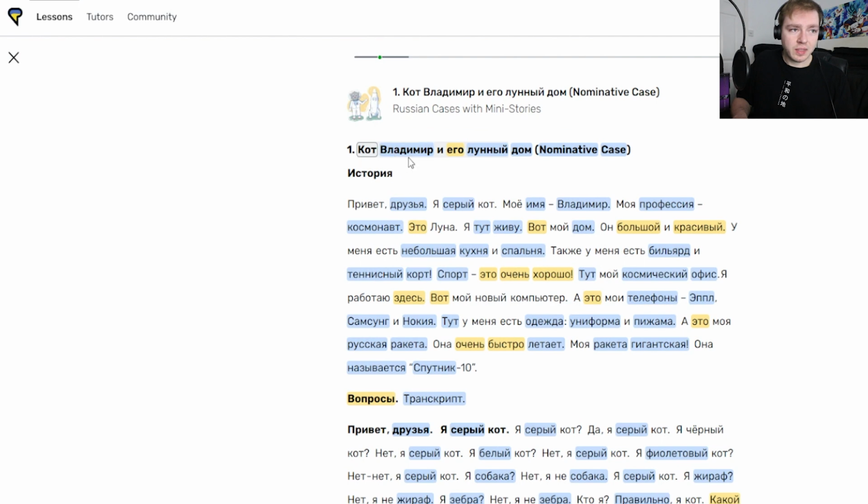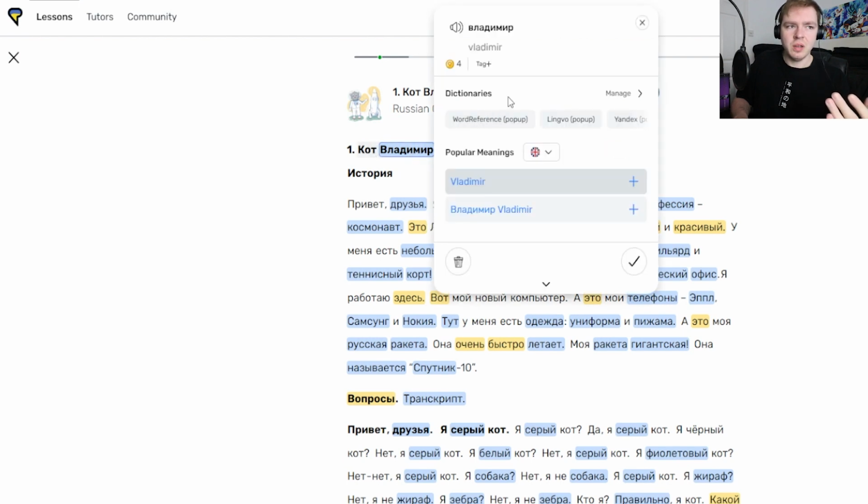And then I can look at a word like this, which is the word after kot, and it may be a little bit more difficult because it's a bit longer. But we can click it and see how it's pronounced. Vladimir. Vladimir. And I already understand a little bit of the Cyrillic script